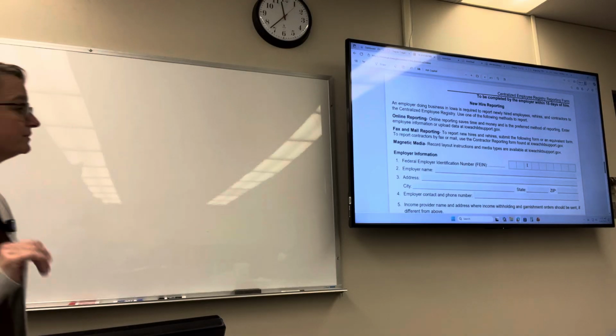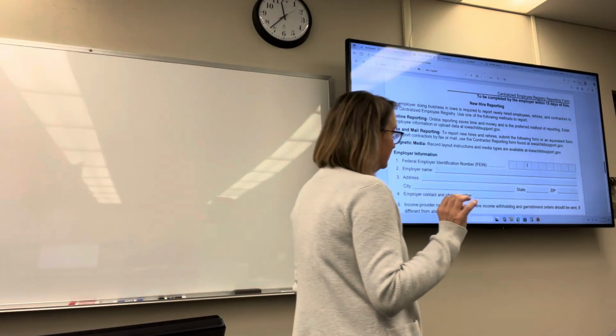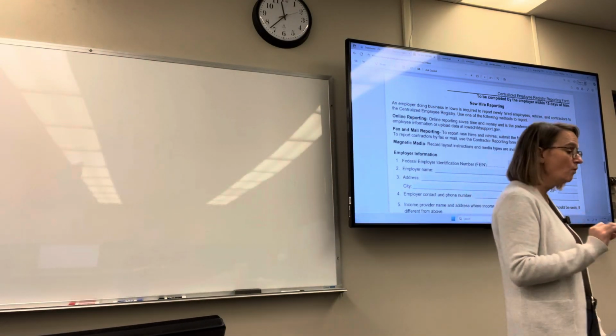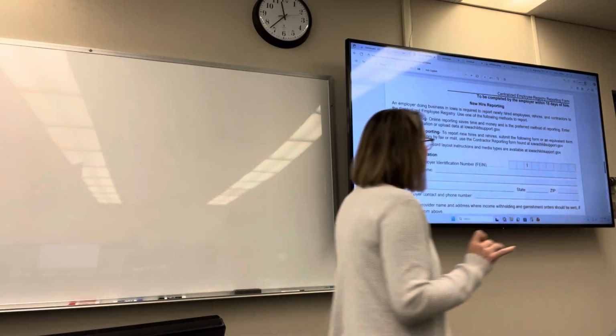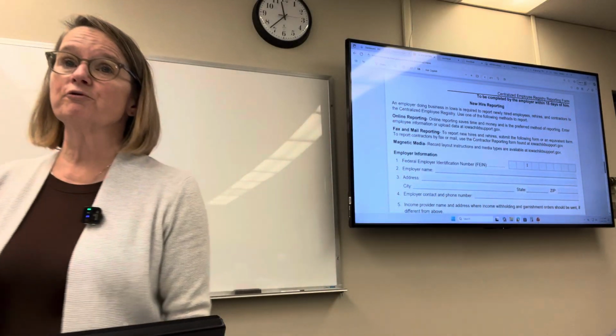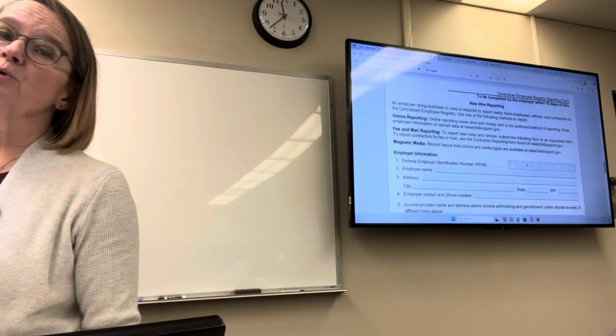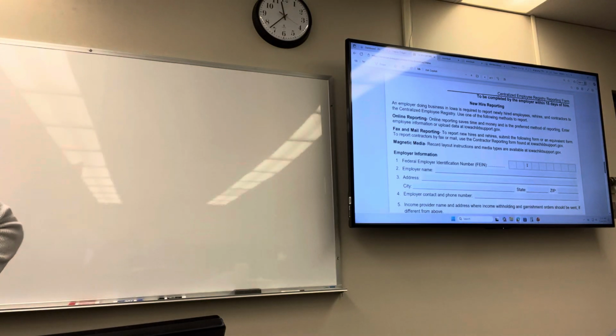Now, one of the things that is attached to this W-4 is the centralized employee registry reporting form. This is the form that employers have to fill out, and the employee has to fill out, that does get sent into the state to match the employee's information against a child support or other types of garnishment database.